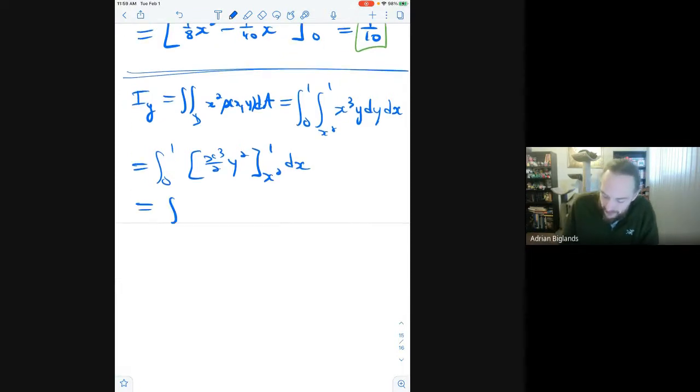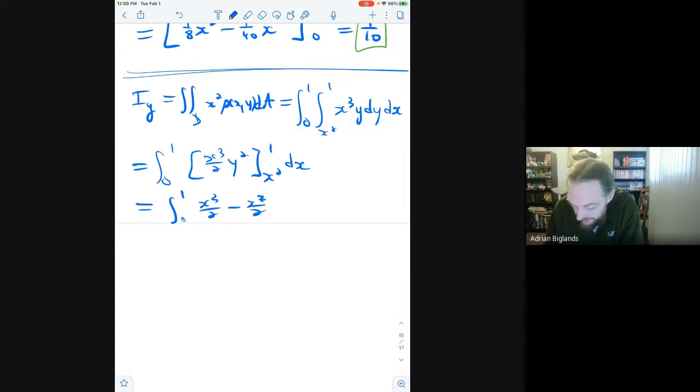This is the integral from 0 to 1 of, now we're going to get x cubed over 2 minus x to the 7 over 2 dx,